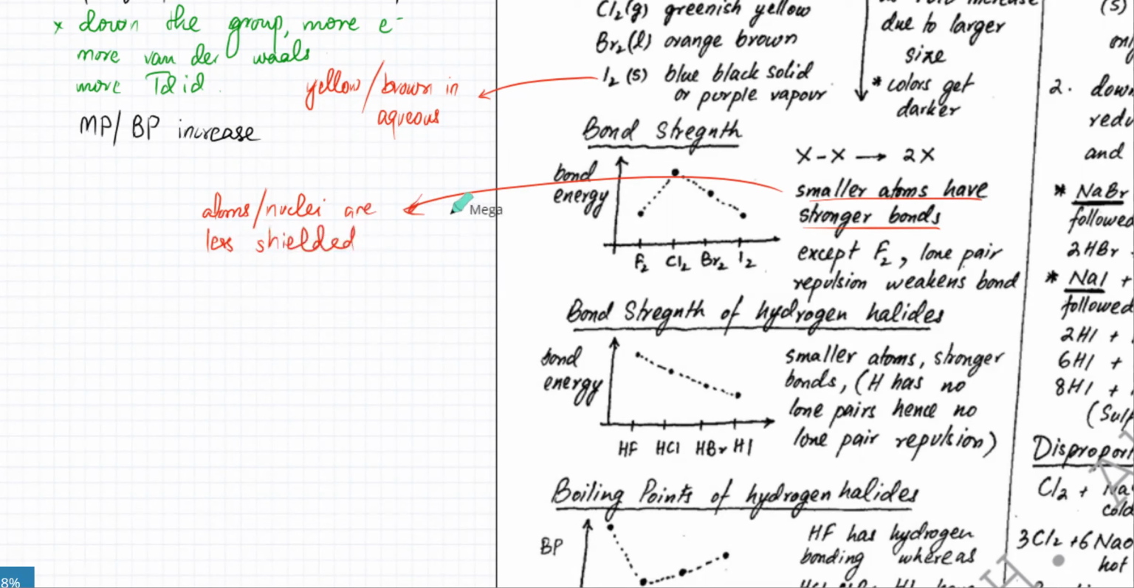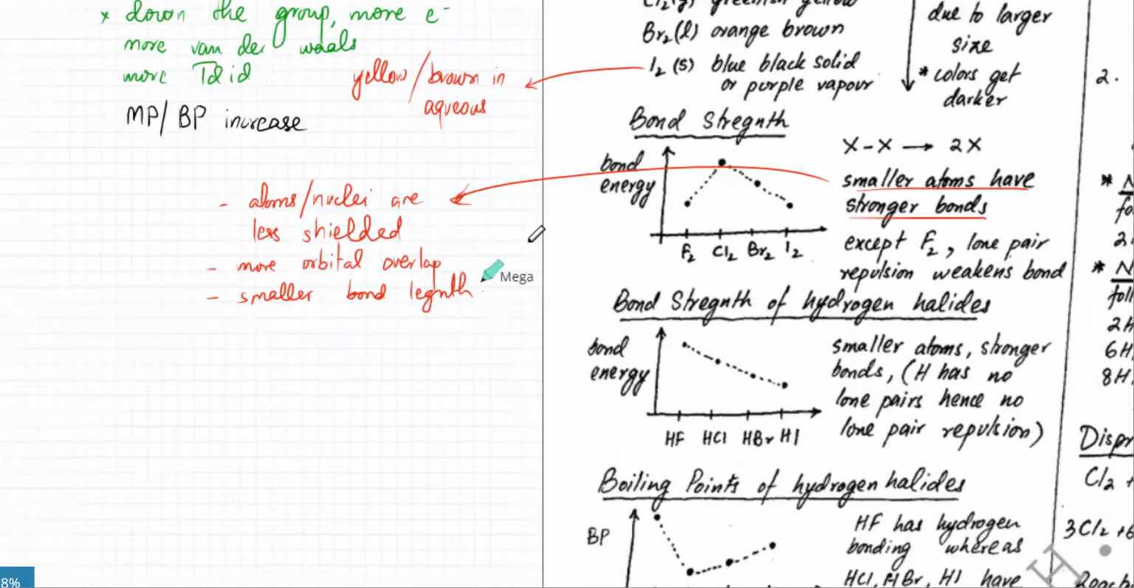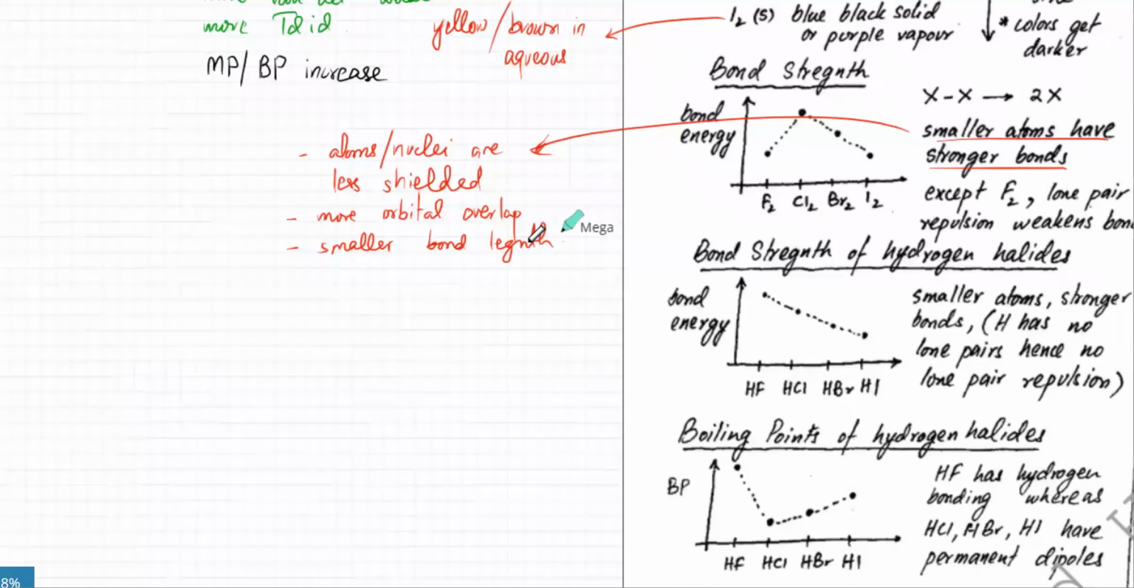There is more orbital overlap, and there's a smaller bond length. I just explained everything. Smaller bond length. So what that basically means is that if you have an iodine atom, or let's say